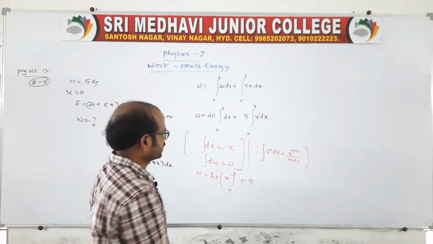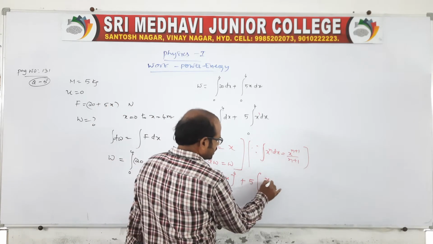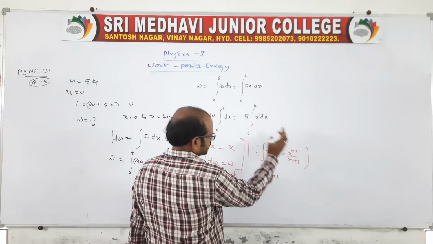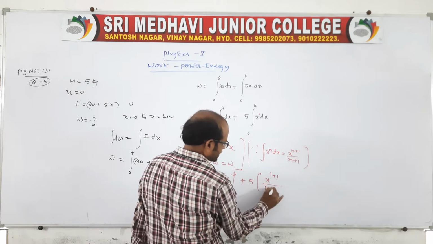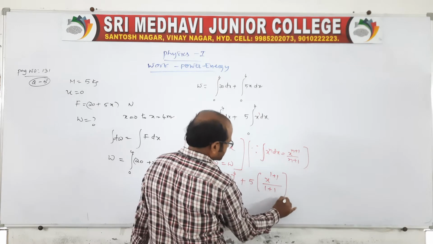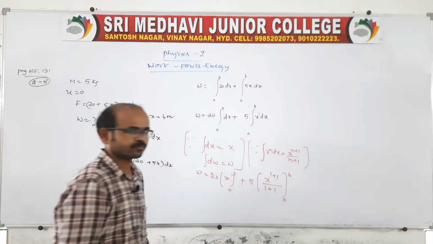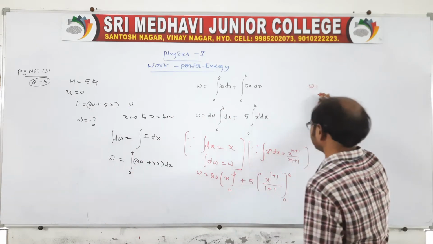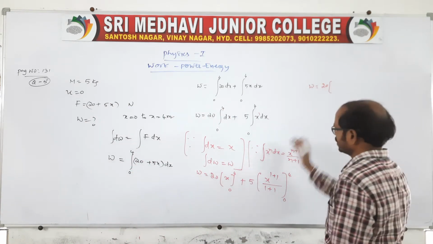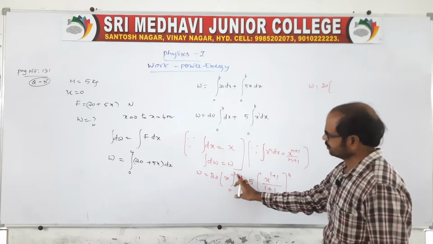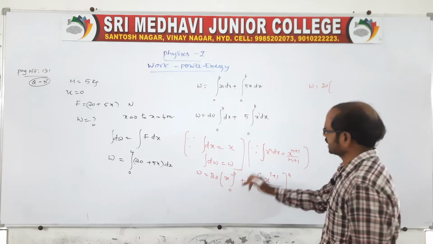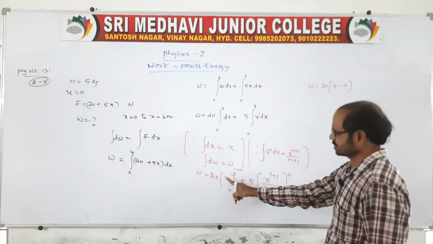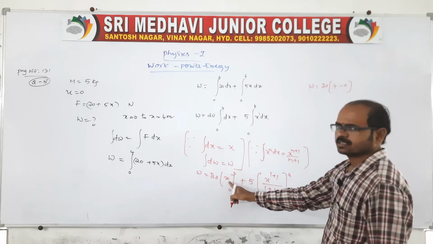Given as 1. Therefore, here it is to be 1 plus 1, because in place of n it is given as 1. So you take 1 plus 1, and the limits are 0 to 4. So almost we are ending. W is equal to 20 of, the limits 0 to 4 are given, no? First you substitute the upper limit, then minus the lower limit. 4 minus, it is the limits. We should always substitute the upper limit first, then minus, then the lower limit.